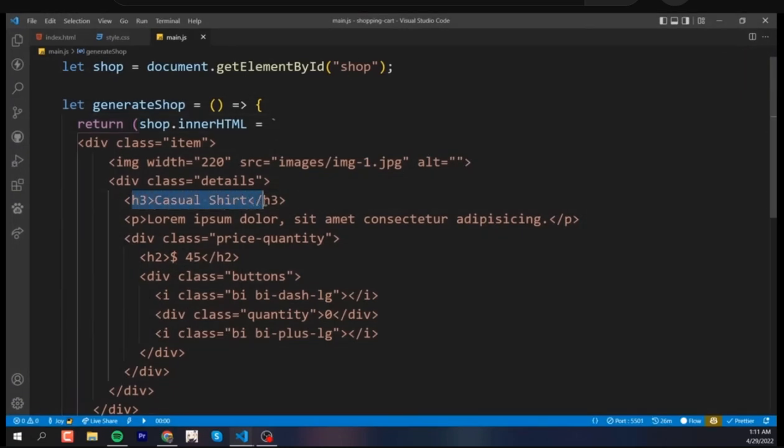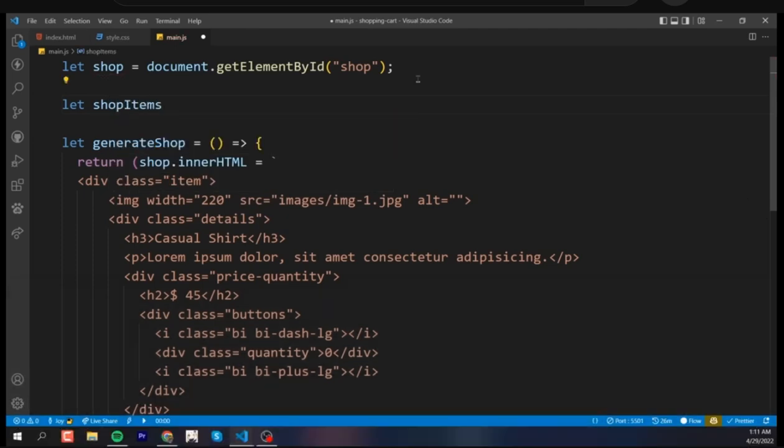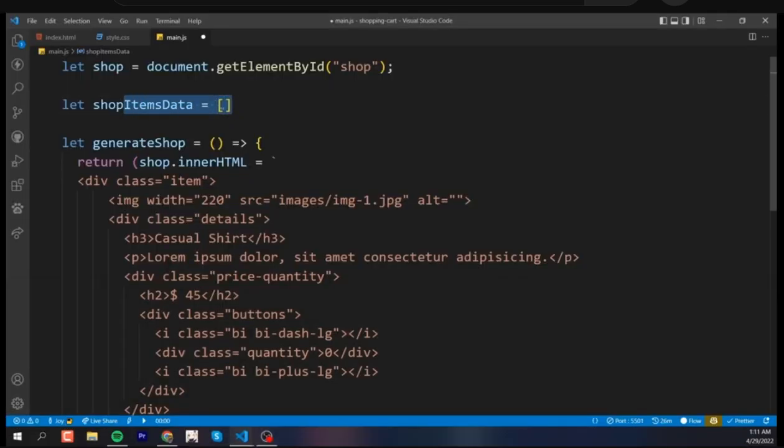Now guys, what we're going to do is, look at this. Can you see these values here? These are called hard-coded values, which means that we just used our hand to write the thing. Now we're going to automate it. How do you automate it? Look at this. First of all, you write shopItemsData equal to, and you're going to make an array here like this. Now guys, let's say that we have some data. In order to write the data inside here, we're going to use a curly bracket. This is called an object, which means that we are storing objects inside an array. So if we write 1